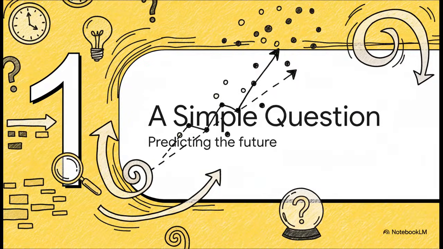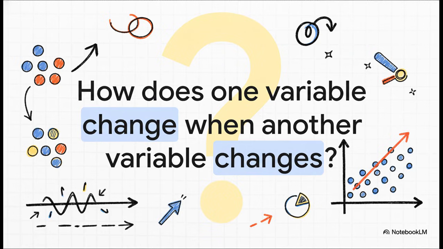You know, when you strip it all away, so much of data science is just about trying to answer a very human question. How can we use the stuff we know right now to make a really good guess about what's going to happen next? And a great way to start doing that is by asking this really simple but honestly super powerful question. We're essentially on the hunt for relationships, for patterns. If we see one thing move, how does that nudge something else?